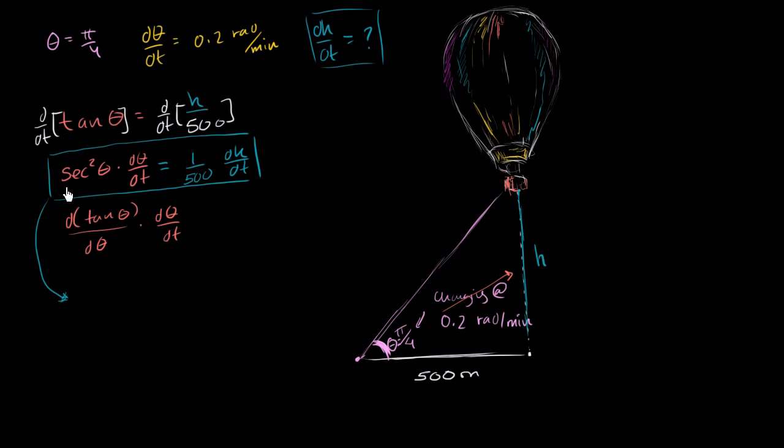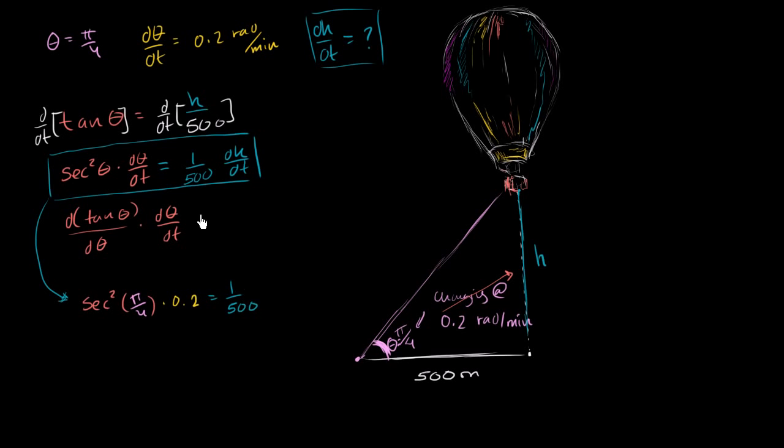So we get secant squared of theta. Right now our theta is pi over 4. Secant squared of pi over 4. Let me write those colors in to show you that I'm putting these values in. Secant squared of pi over 4, times d theta/dt. Well, that is just 0.2. So times 0.2. And then this is going to be equal to